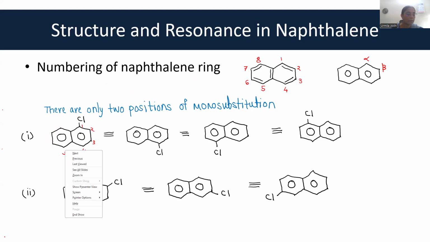Because this is 5 and so on. Okay. Now, instead, if you write this way, starting the numbering from the topmost carbon is just a convention, but